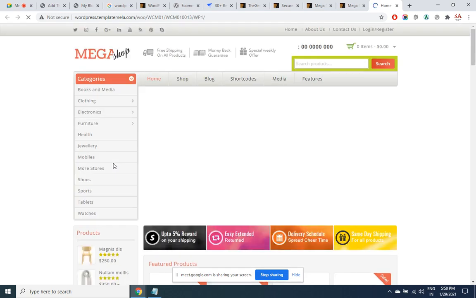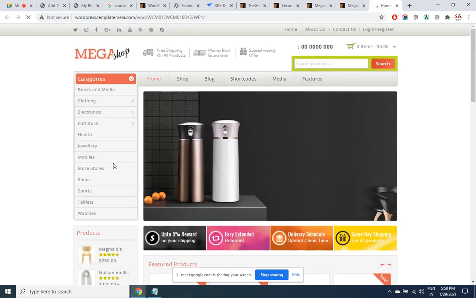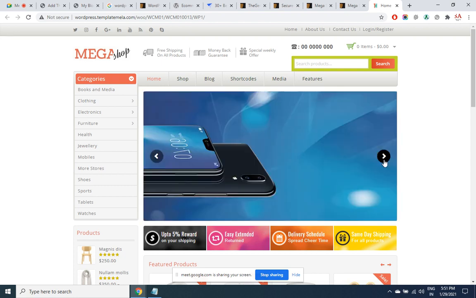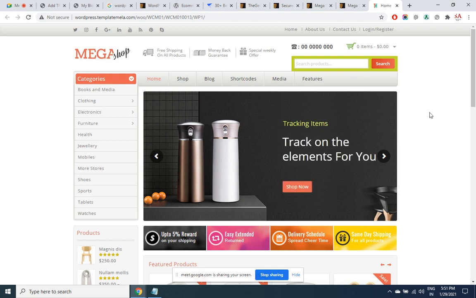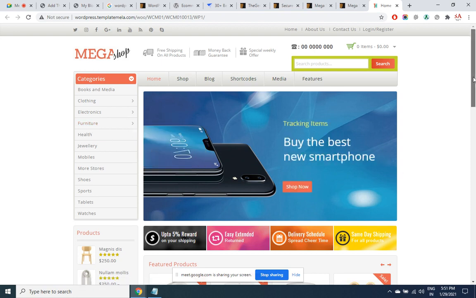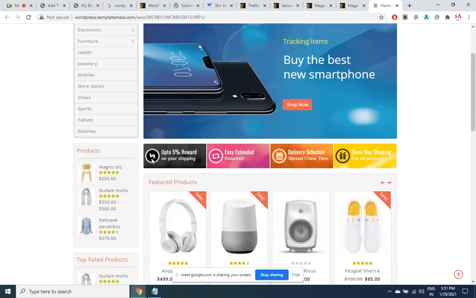This is how exactly your WordPress site would look like. You can change all this slider and all that. We are going to work on that. So there's a slider. You can have your own background images for it. This dollar will change to rupees. All this will be available in the settings. Look at the categories. You can have categories, subcategories, custom made. Look at the effect here, so beautiful.